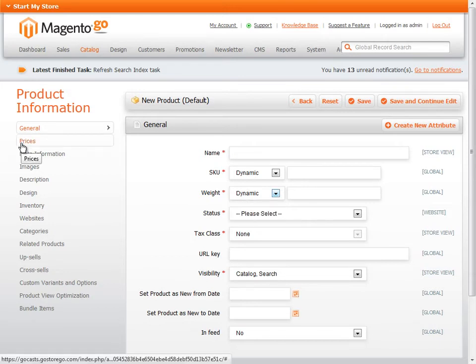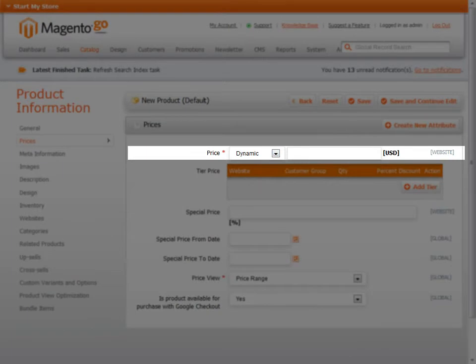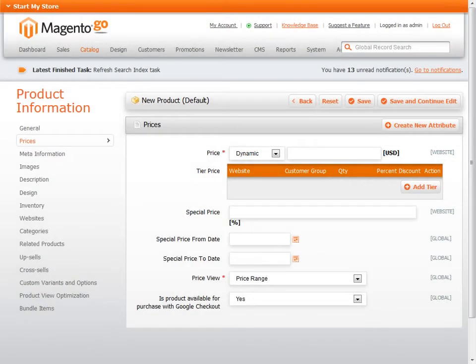There are a few differences here as well. Again, you'll see that the price can be set to both dynamic and fixed. For example, if you want the price of the bundle to be adjusted based on the options selected, then you should set the price to dynamic, so that way it changes as each item is selected. A fixed price, on the other hand, is a single set price that applies to the entire bundle, regardless of